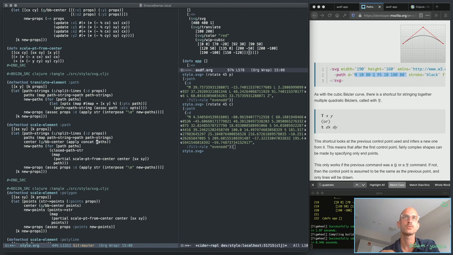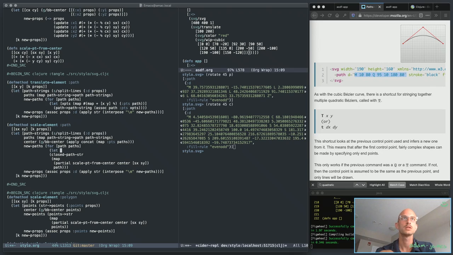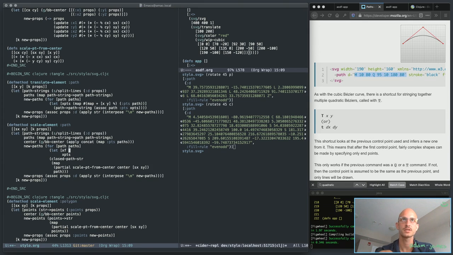And here, once again, we do apply concat to map of points paths. So that's the center. Let transformed points be, let's do xf is this partial thing here, and then transformed points is that